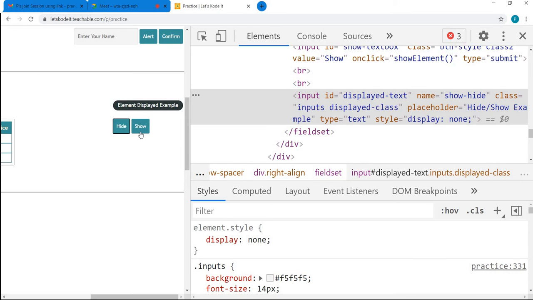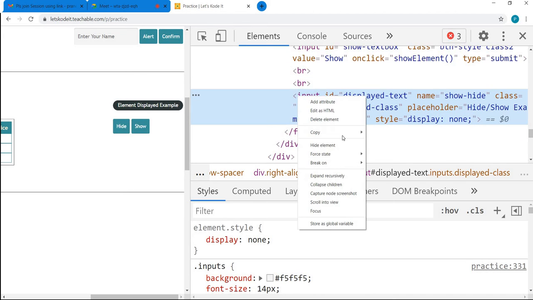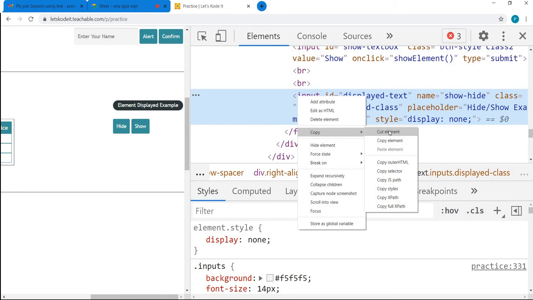But let's assume that the implementation of this functionality is done by the developers in such a way that when I click on show, this input element is added into the browser's DOM, and when I click on hide, it is removed. I'll show you, this is very important to understand.